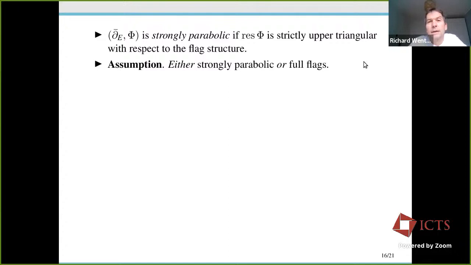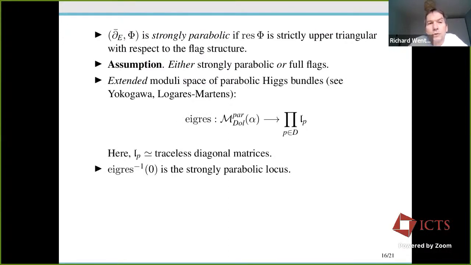Okay. So this more general moduli space has been discussed in several papers, in particular Yokogawa, who did it even in higher dimensions, and a very nice paper of Logares and Martins talks about this extended moduli space of parabolic Higgs bundles. Again, I'm talking about the case where you allow for arbitrary residues, arbitrary eigenvalues for the residues. I should have mentioned David Alfaya here as well. Sorry. This extended moduli space then